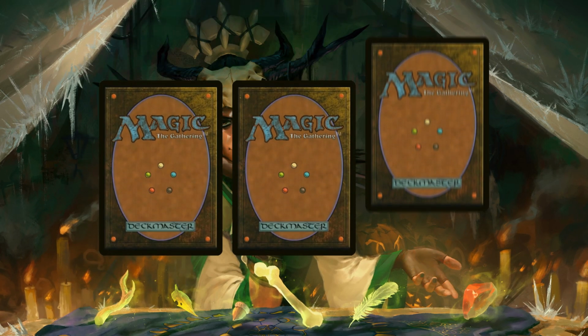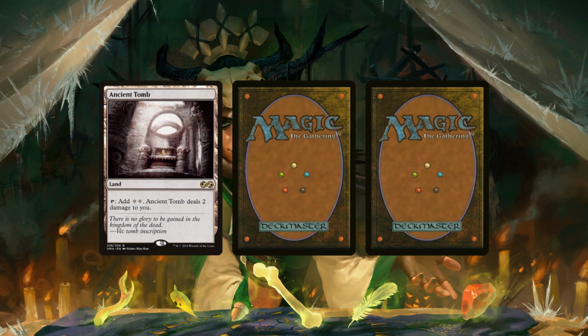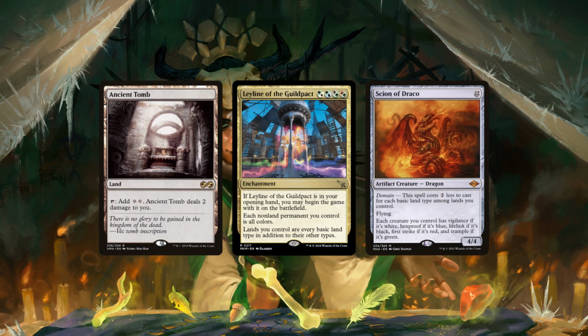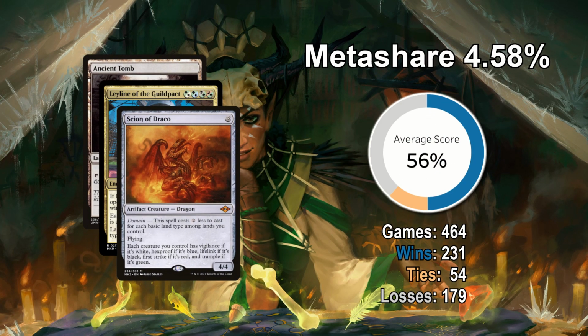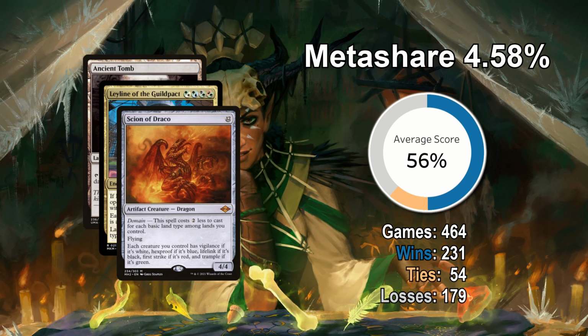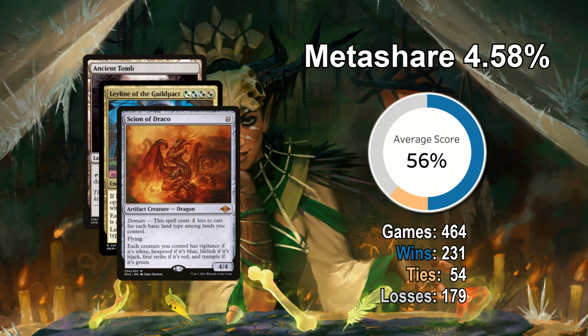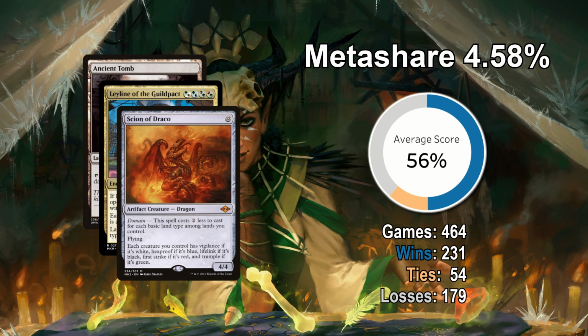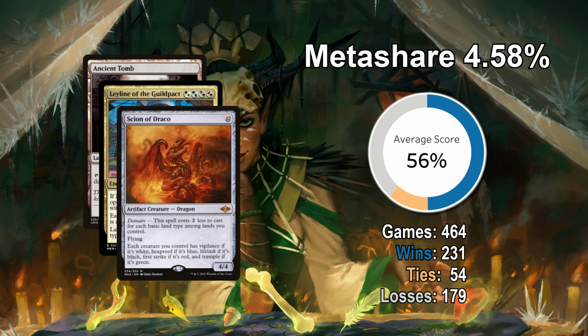The most popular deck played this month was Ancient Tomb, Leyline of the Guildpact, and Scion of Draco. The Scion of Draco deck had an average score of 56% and a meta share of 4.58%. I think there were multiple drivers for why this deck was so popular. For starters, it on paper looks like a very powerful deck, and then also because of this YouTube channel, I